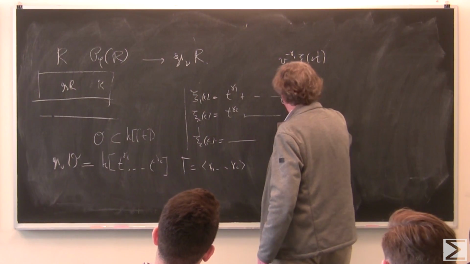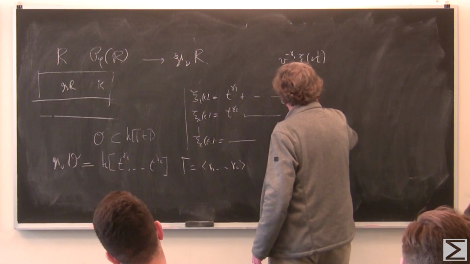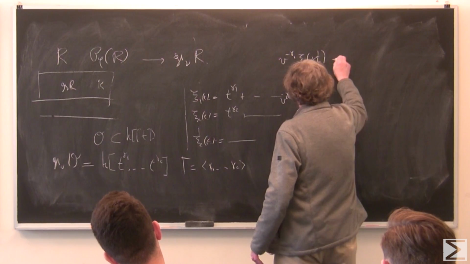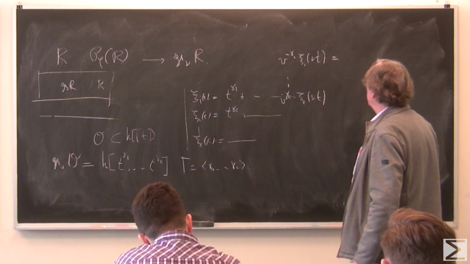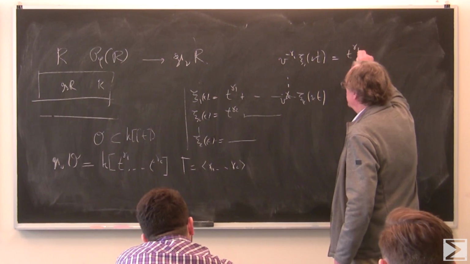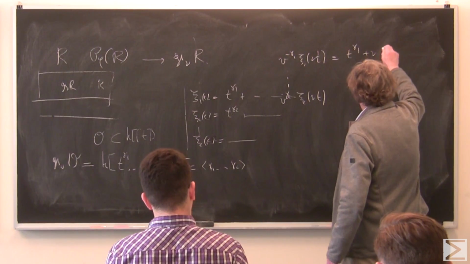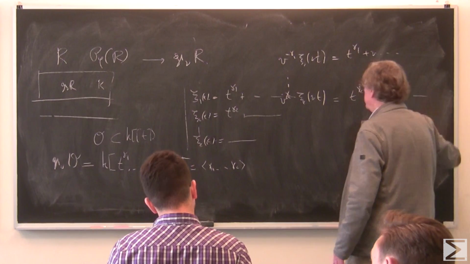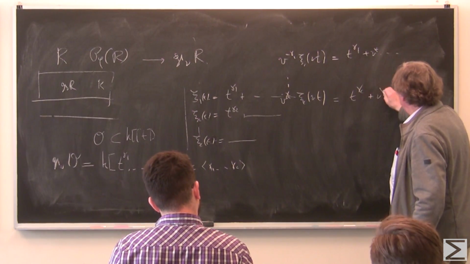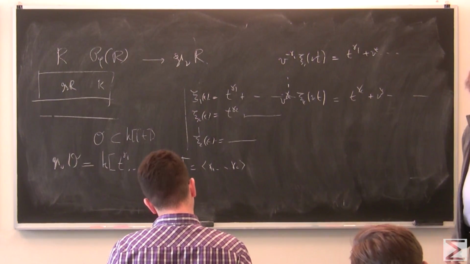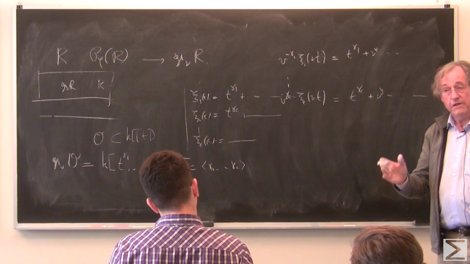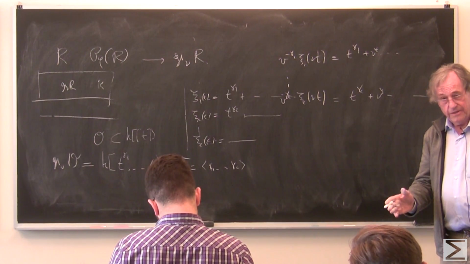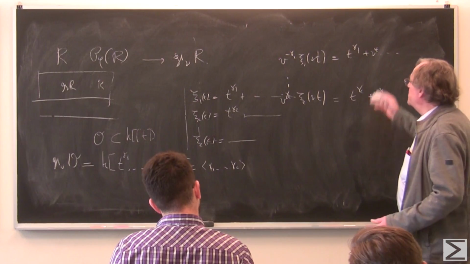V to the gamma minus gamma C, psi C of Vt. What does this look like? Well, it looks like T to the gamma 1 plus V times something. Here is the same: T to the gamma C plus V times something, or V to some power, in fact, times something. You agree? So this is a family, but now a family of space curves, which for V non-zero